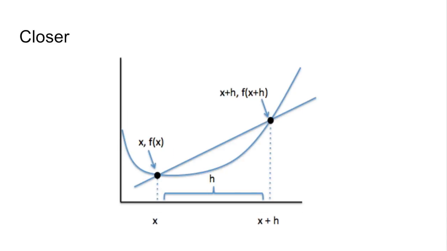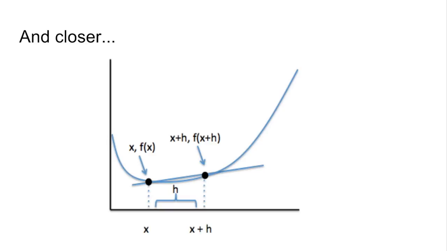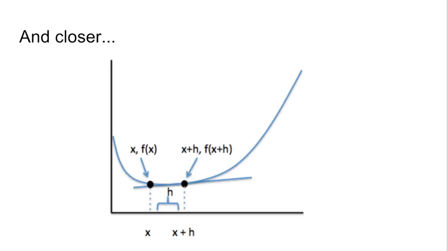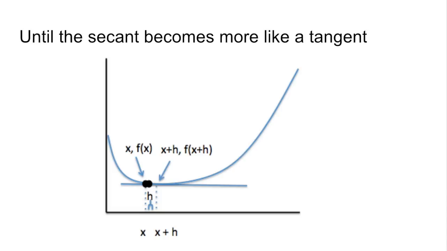We can do this by making the distance h between the first point and the second point smaller and smaller. And we find that as we bring the second point closer and closer, the secant becomes more like a tangent,